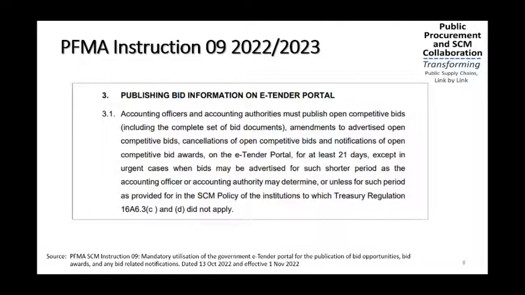Now, publishing bid information on the eTender portal. Accounting officers must publish open competitive bids, including the complete set of bid documents, any amendments to an advertised open competitive bid, cancellation of an open competitive bid, and notification of open competitive bid awards on the eTender portal. So now we are publicizing the advert, the bid document, as well as the cancellation, as well as awards,